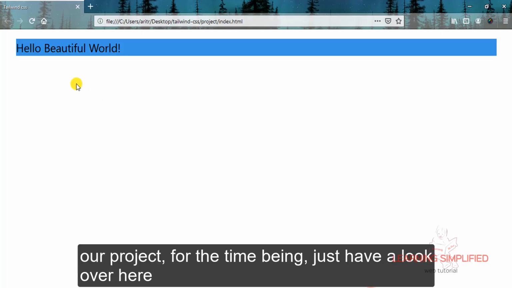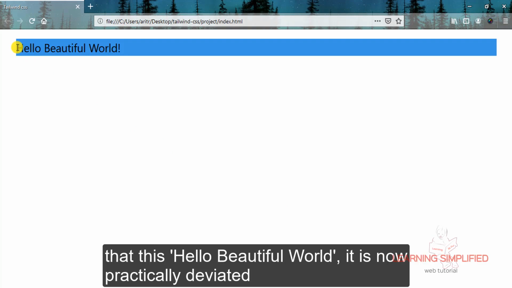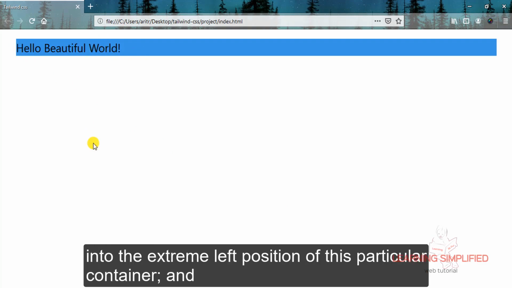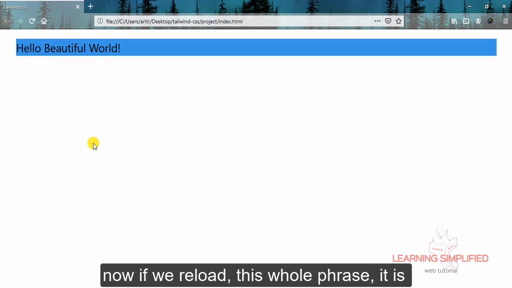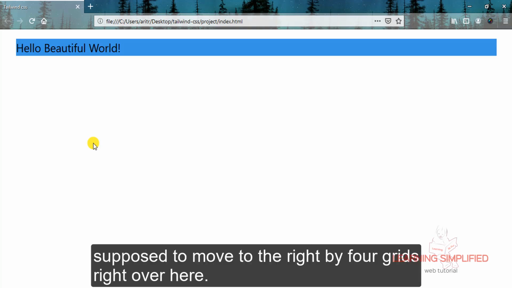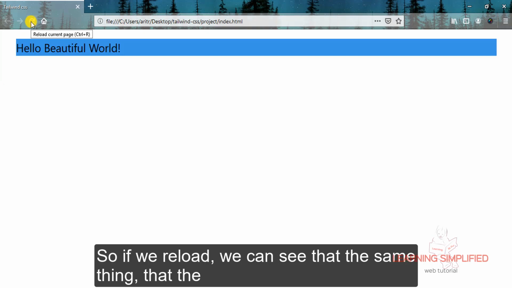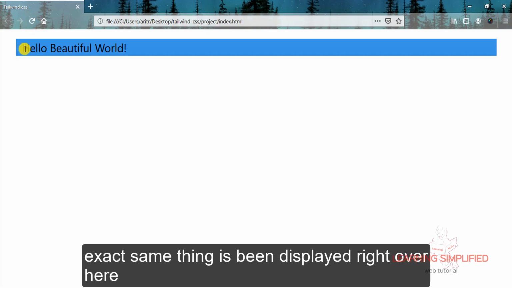Now if we get back to our project, for the time being, just have a look over here that this hello beautiful world is now practically deviated into the extreme left position of this particular container. And now if we reload, this whole phrase is supposed to move to the right by 4 grids. So if we reload, we can see that the exact same thing is being displayed right over here.